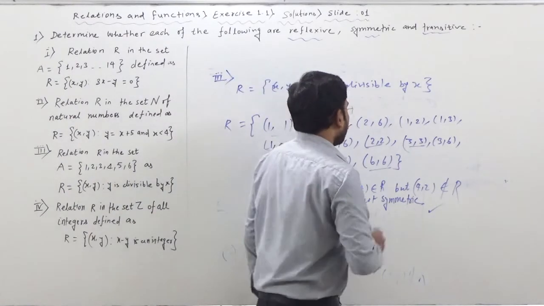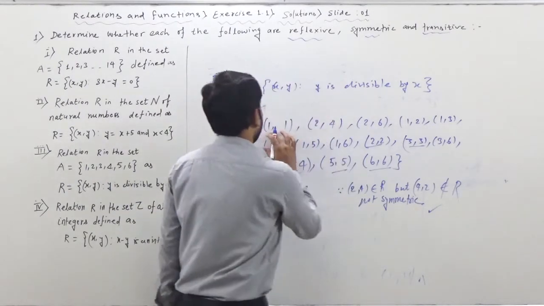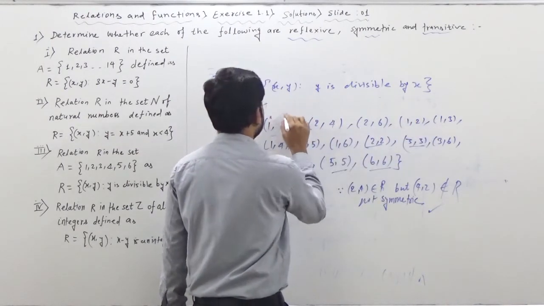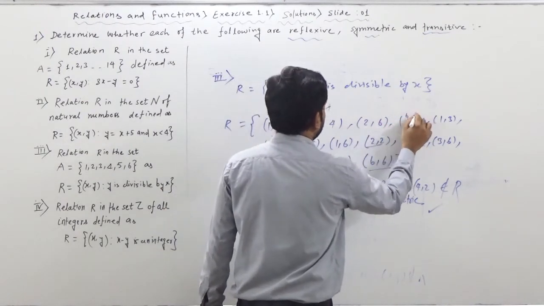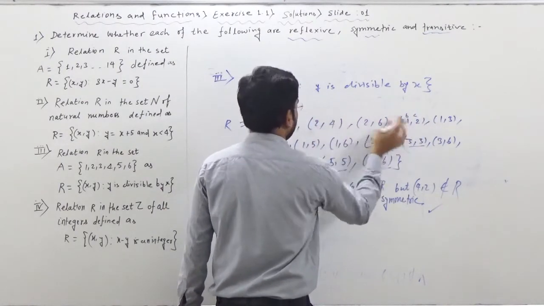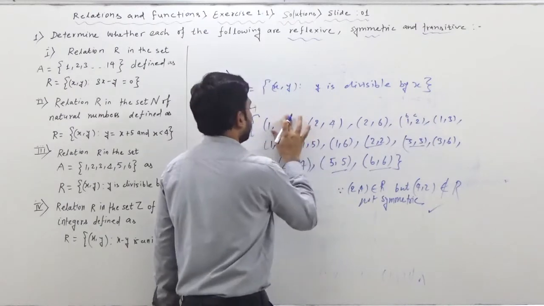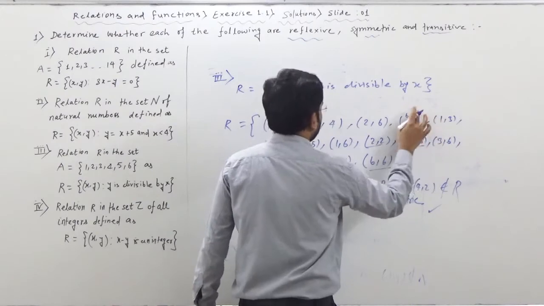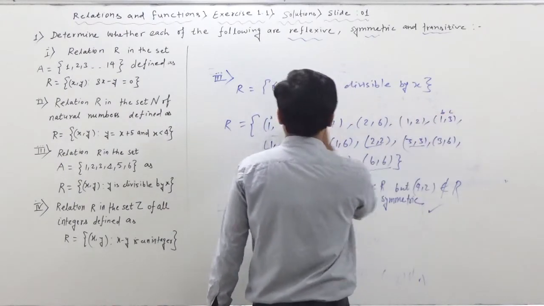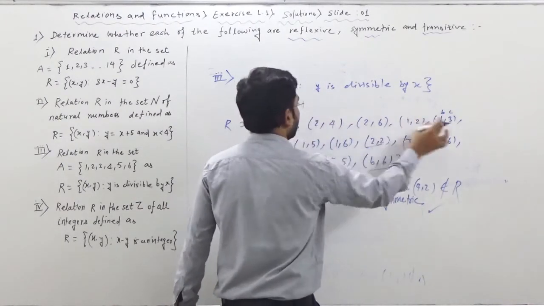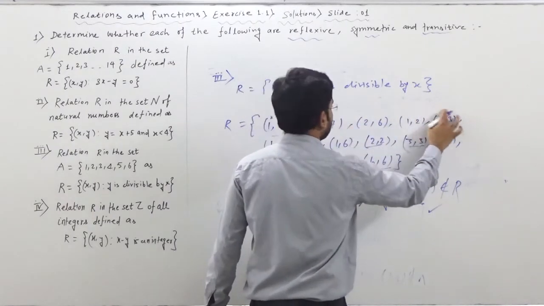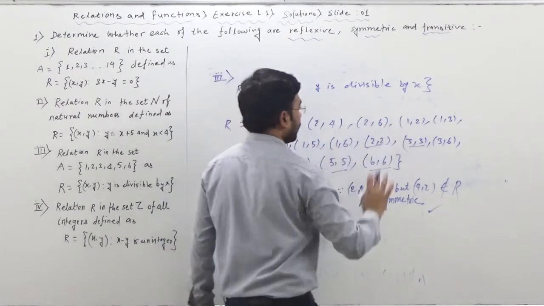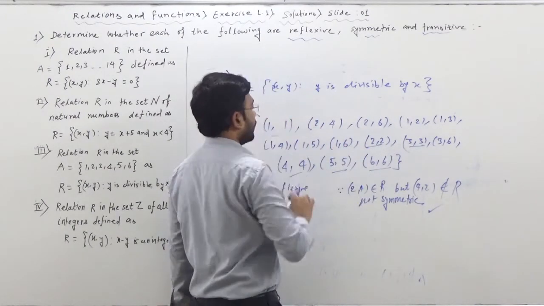Now, when we are talking about a transitive relation, (1, 1) is there. Now (1, something) is also there. This is like a, this is like b, this is like b, this is like c. So (a, c), (1, 2) is there. Yes, (1, 2) is again there. So this is okay for one element. Now (1, 3) is there. This is (a, b) and this is (b, c). So (a, c) is what? (1, 3) again. Yes, this is also possible. So (1, 4). For (1, 1) it is already okay.